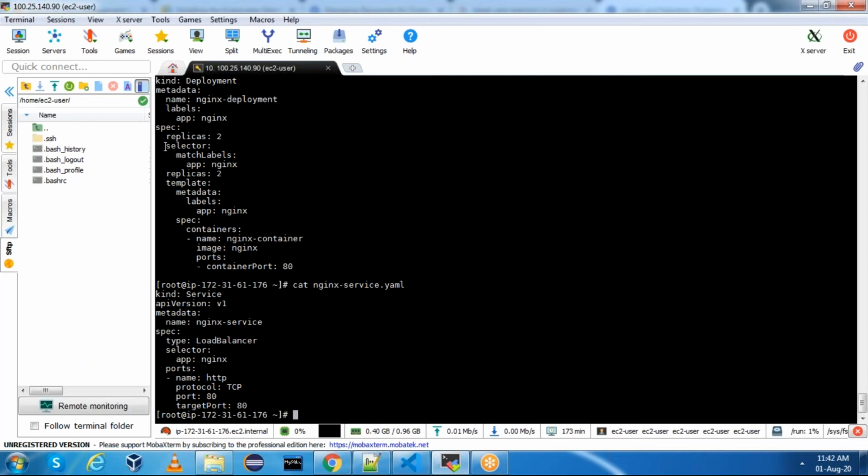Okay, here the selector will look for match labels application nginx. Whenever the selector app nginx is there, it will look for this and get the response from these deployment pods. If you make any change in the selector app nginx, it will not work. Let me show you. kubectl apply -f